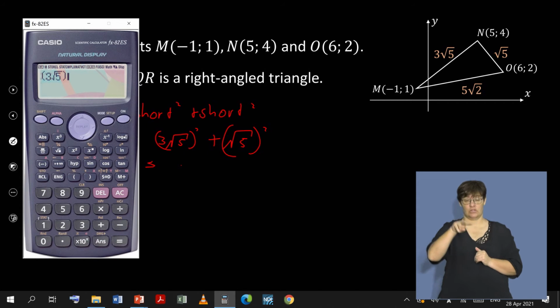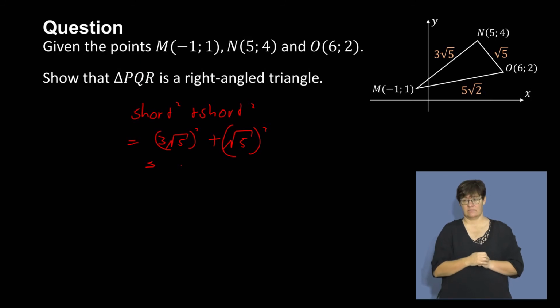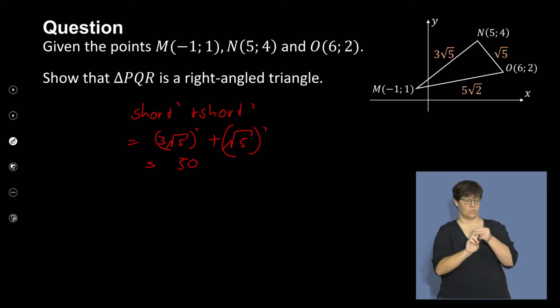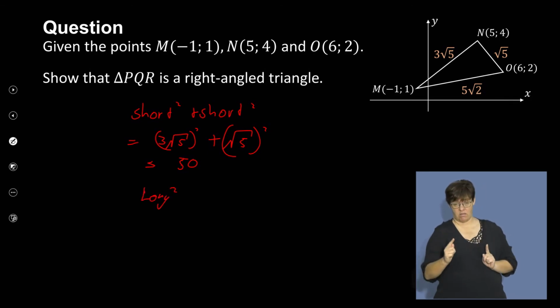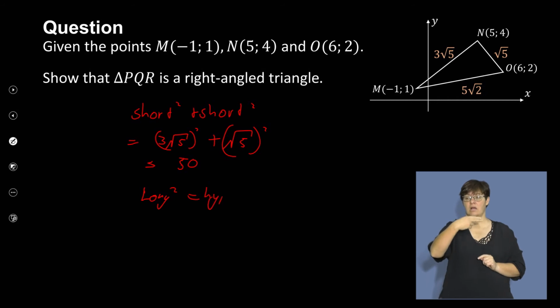3 square root 5. I'm going to square that. I'm going to add the square root of 5 squared. And what I get is 50 units. Now, if the long side squared, and the long side is also known as the hypotenuse, if I go and calculate the hypotenuse squared,